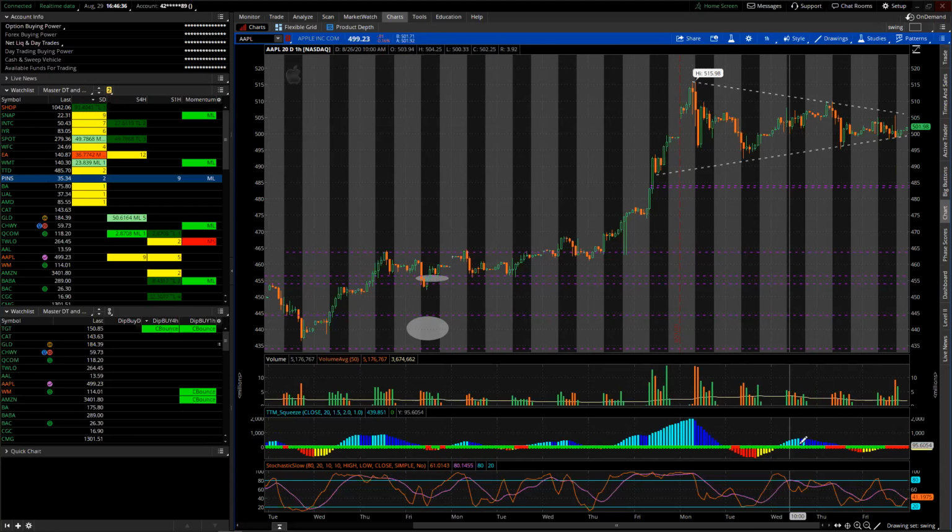So TTM squeeze basically looks for the Keltner channels to be contracting inside the Bollinger Bands, which all that means in price action terms is price is squeezing. Price is consolidating in a range. Price isn't moving as much. It's not making strong moves in either direction. So when the conditions are met for a squeeze, it'll create red dots here, and as it releases, the dots turn green.